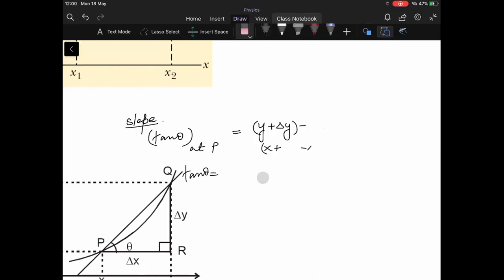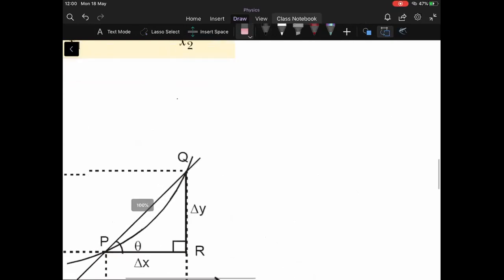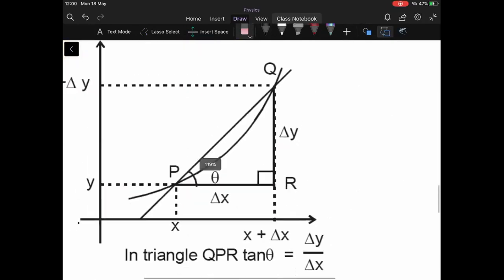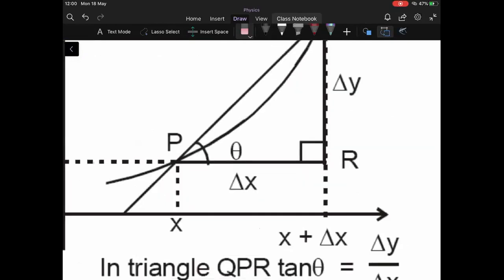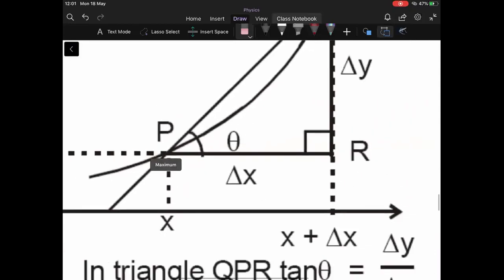This is the process by which we specify this, rather than explaining the entire thing again and again and writing that statement again and again in every calculation. What we choose to do is write one simple expression: if you want to find the exact instantaneous slope at point P, then the point Q should be very close to it. Is it clear? Now if I magnify this, let's say I magnified it.